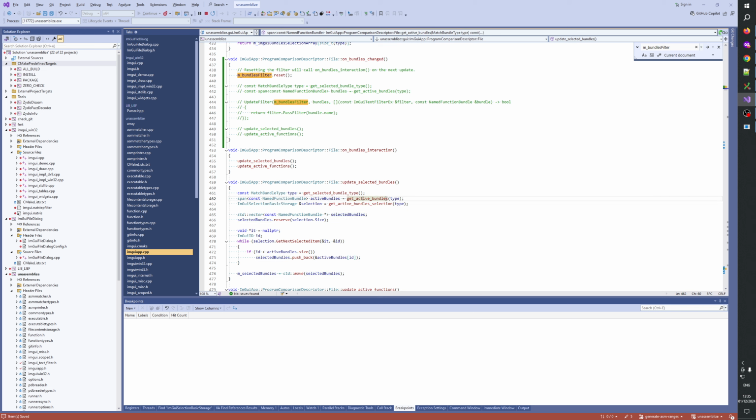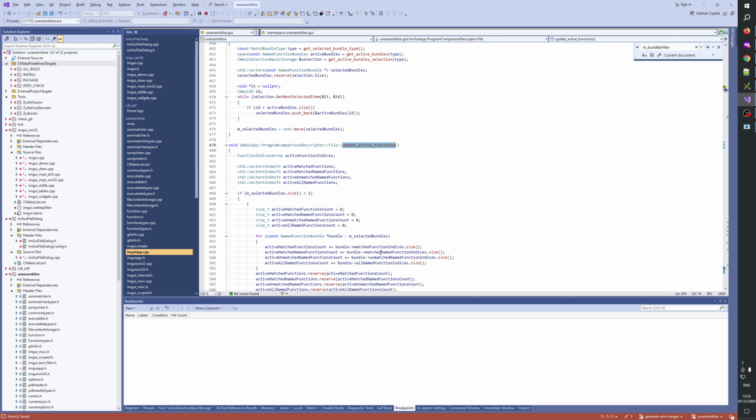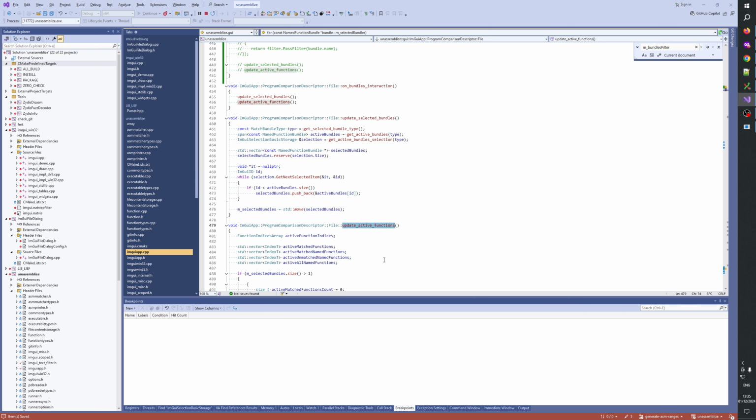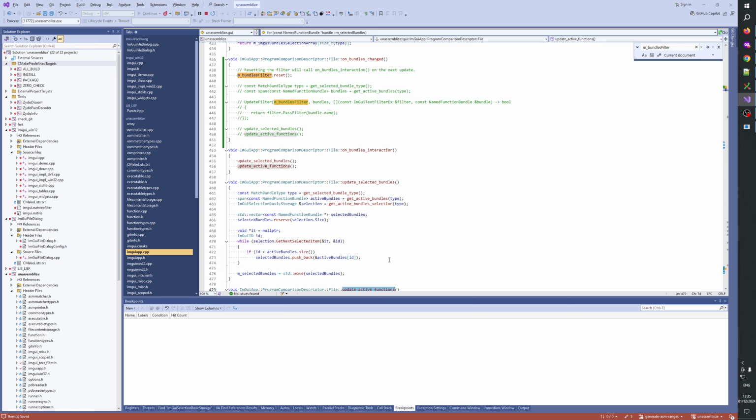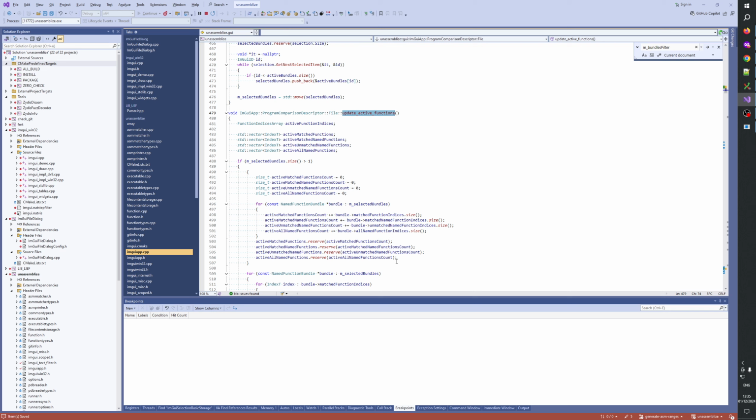Get selected bundle type. Active bundle type. Okay, I think this is unaffected, but this is affected. Update active functions. I think essentially